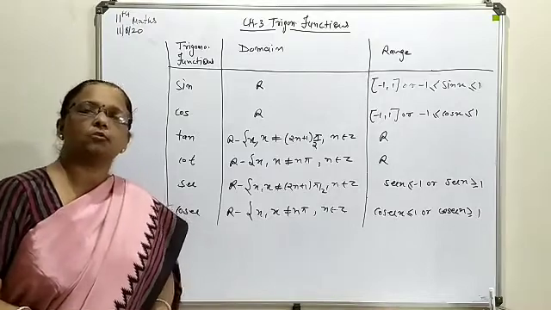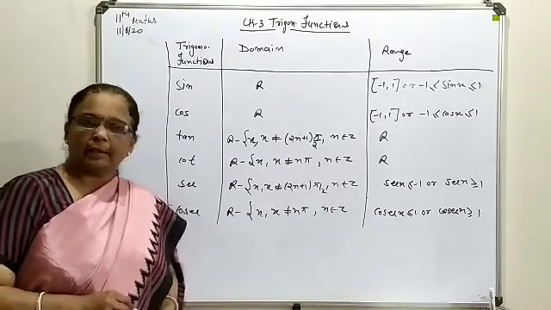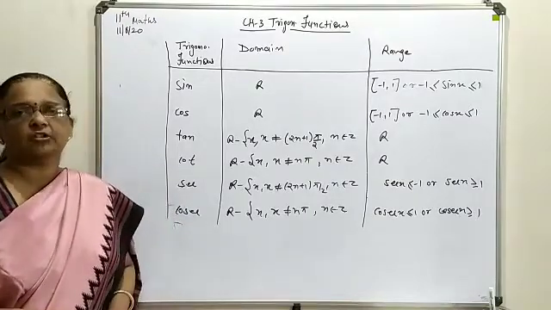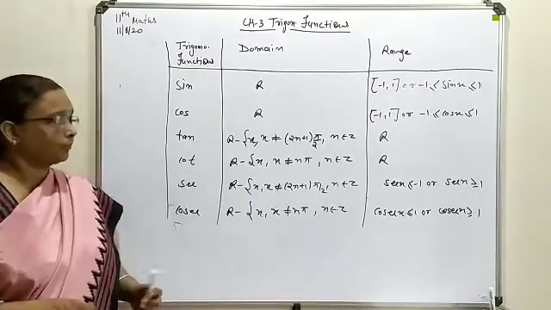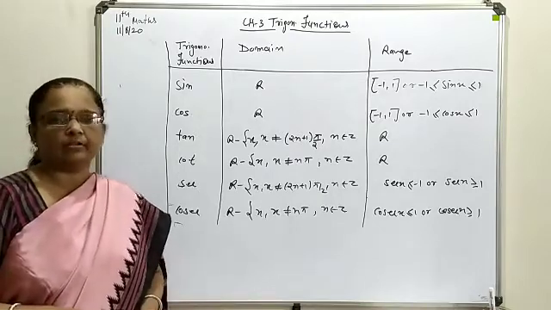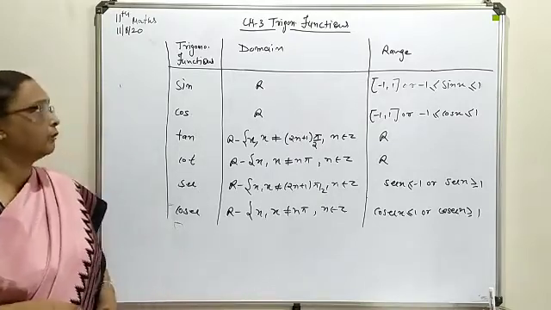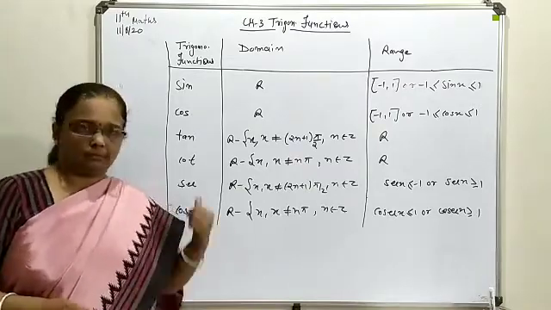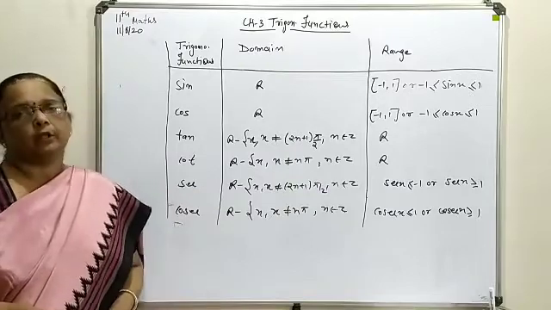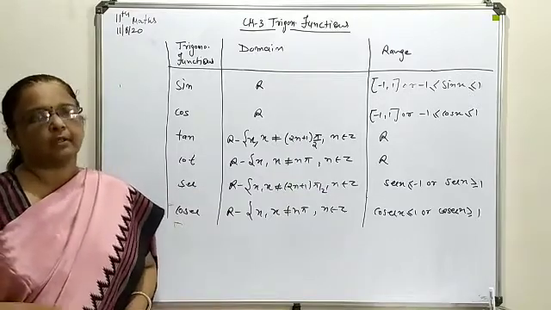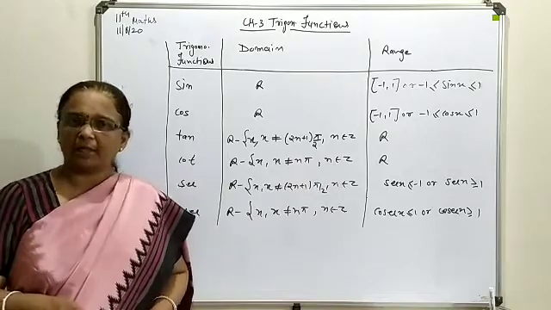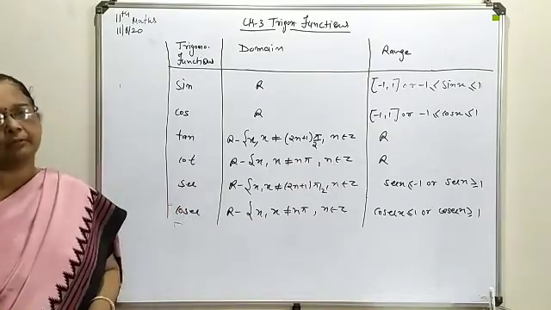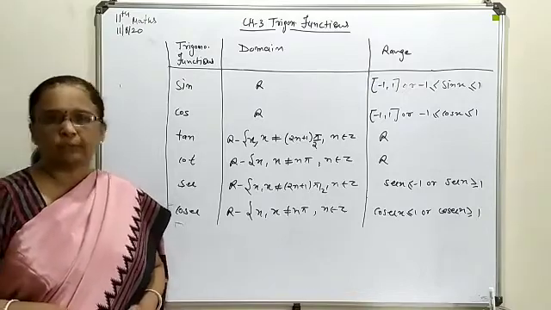Domain and range, these two terms we have discussed in detail in your first and second chapters. So here the meaning of domain and range will remain the same, but the evaluation of domain and range is quite different. For all the 6 trigonometrical terms, the range is fixed, meaning your answer will come within that particular range only. If it is not coming, then you have to change the term formation or the angle formation.